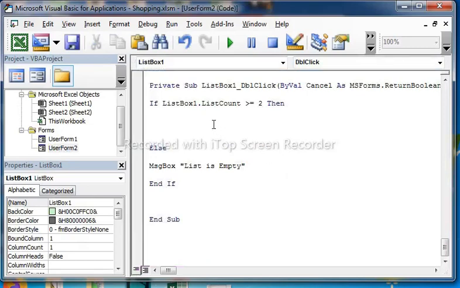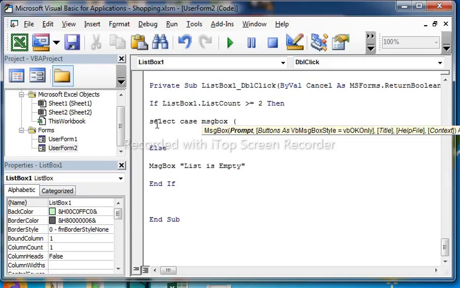list count. Okay, we will go to select case. Select case, MsgBox message box. Okay, bracket, are you delete